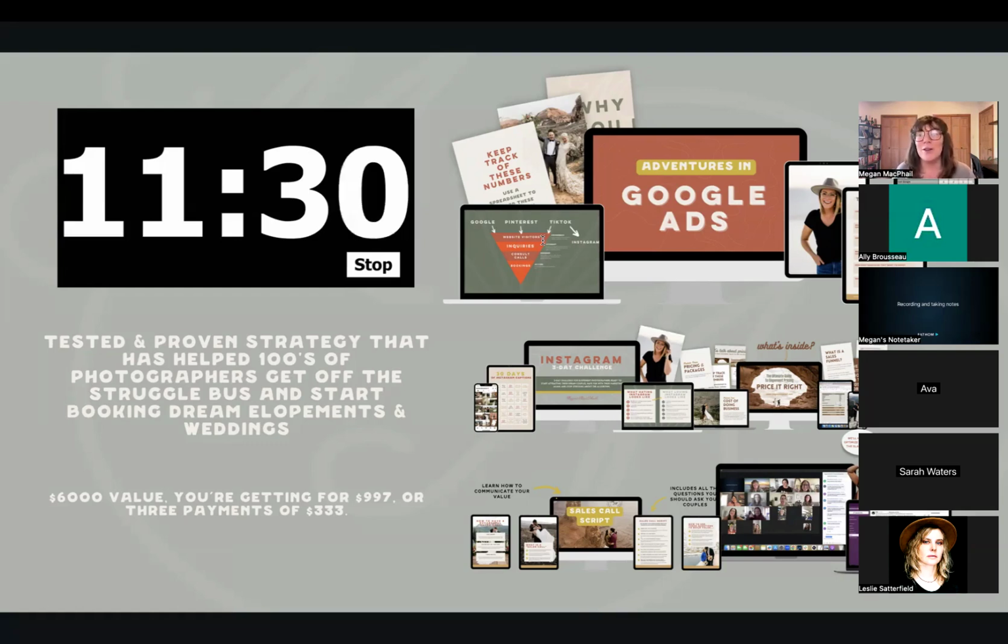If you think about it, the more a couple sees your name pop up with all the things they're Googling, over and over again, that's called omnipresence, and that is going to draw them to you. Even if you are on the first page for some things and not others, having a Google Ads strategy can give you that extra boost to raise your prices or boost your inquiries and bookings altogether.